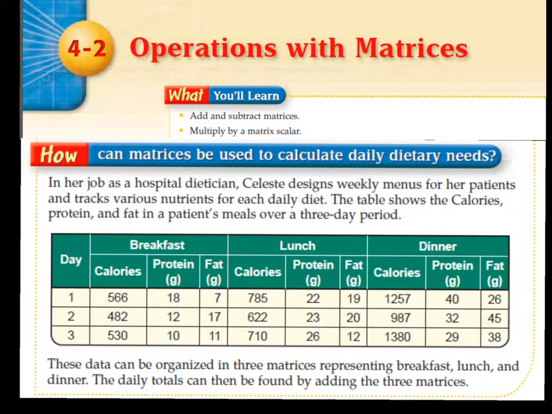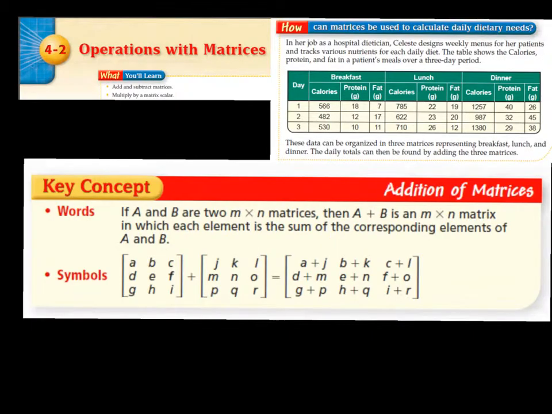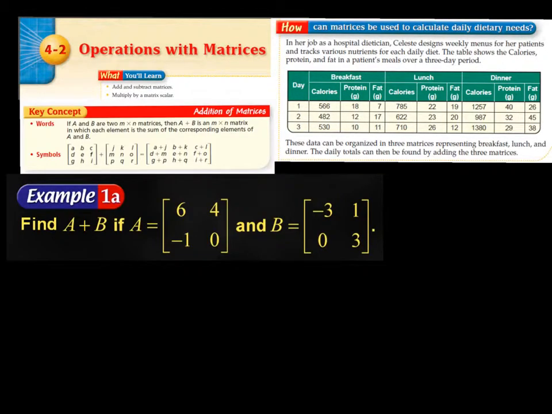These data can be organized in 3 matrices representing breakfast, lunch, and dinner. The daily totals can be found by adding the 3 matrices. If A and B are 2 m by n matrices, then A plus B is an m by n matrix, in which each element is the sum of the corresponding elements of A and B. So to find the sum of matrix A and matrix B, they both have to have the same dimensions, which